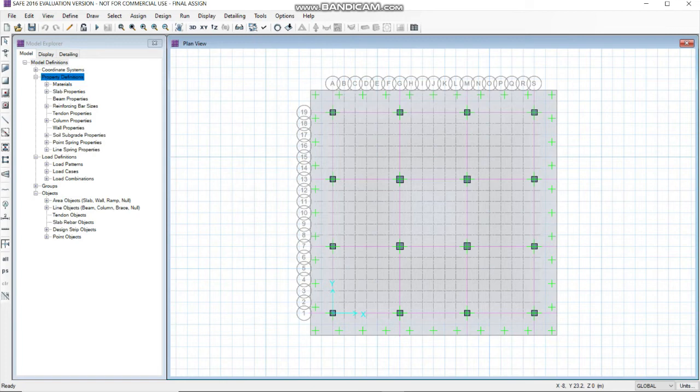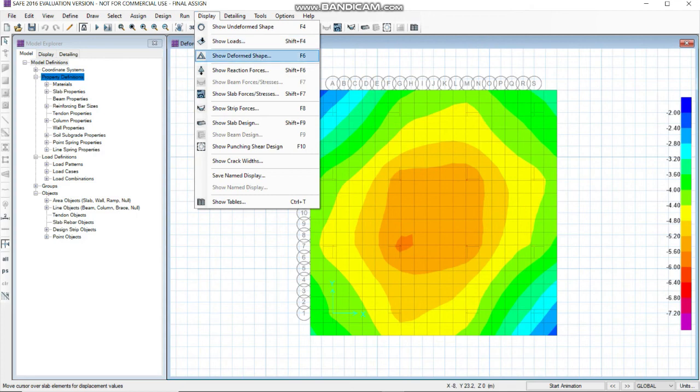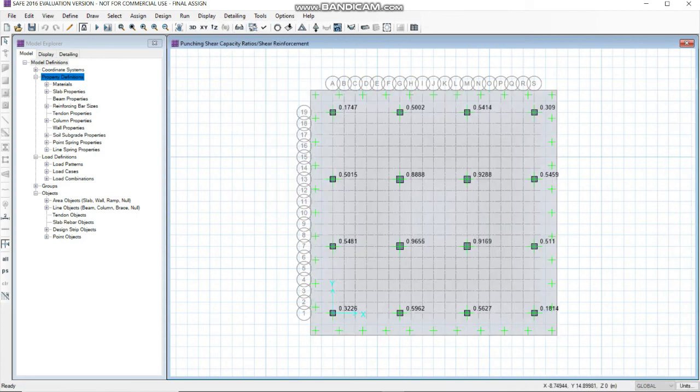Now go to run analysis and design, go to display, show punching shear design. You can see all the values are below 1.